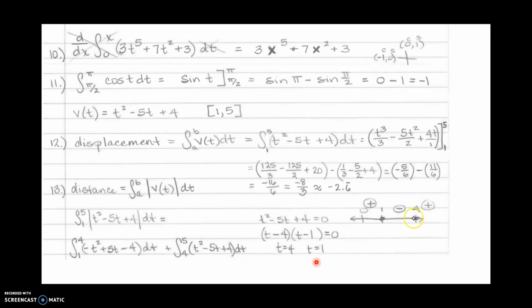And I'm going to come over here and make a sign graph for myself. So I have an x-intercept at 4 and an x-intercept at 1. Pick a test point like 0. So if I plug in 0, I'm going to get a positive 4. Cross a single critical number, the sign changes. Cross a single critical number, the sign changes. And so there's my sign graph. So remember that anywhere your function